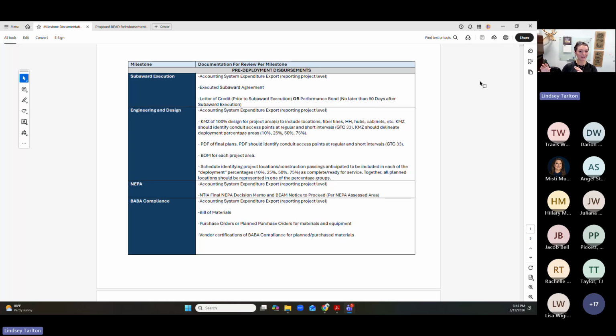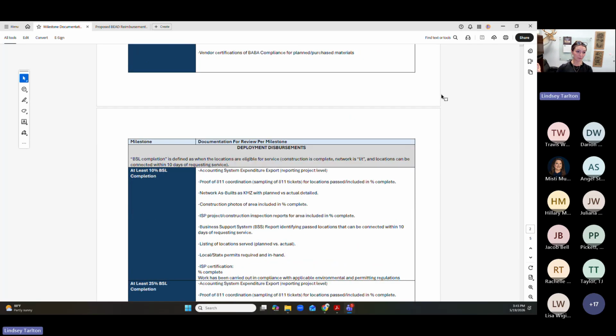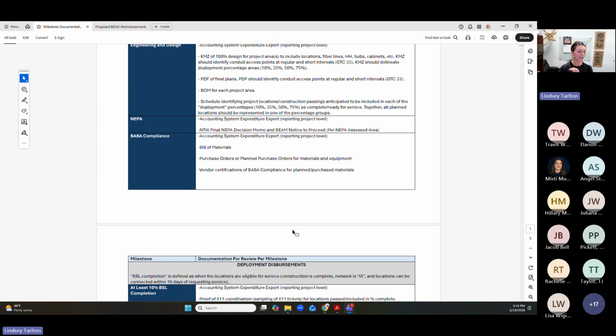So let's say 50% of your BSLs for your reporting project are in NEPA area 1. So when you start to get to construction, because you do have the clearance to begin building these, you might get to at least 10% BSL completion in just NEPA area 1 and can obtain this milestone once we get to all these different requirements to substantiate it.